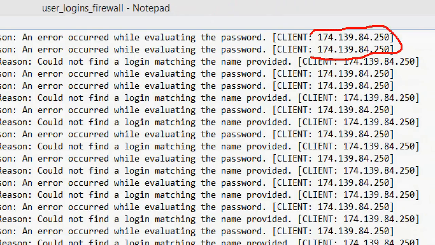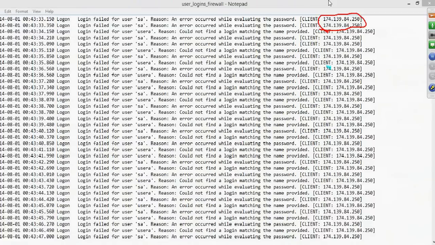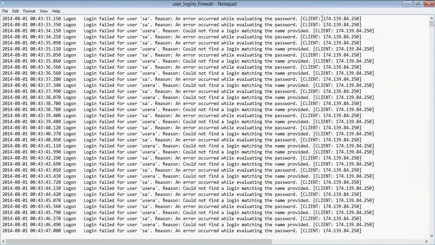Please make sure that if this IP belongs to your environment, then that is fine. But if there are any hits trying to access your server from outside your environment, then make sure where this IP is from.